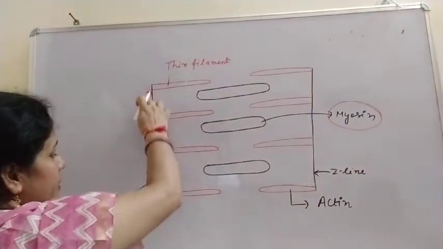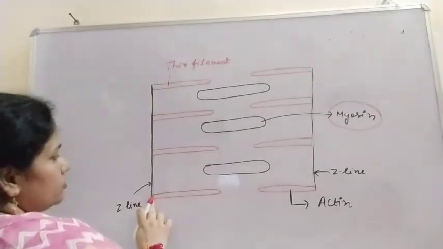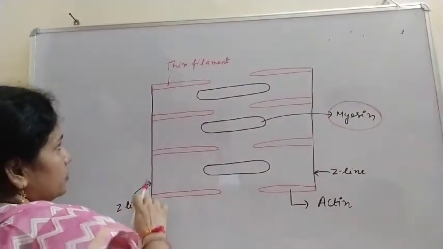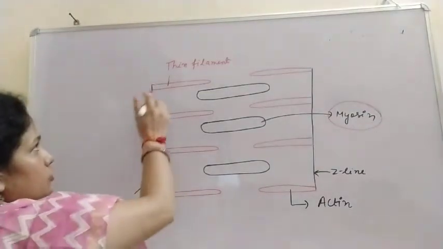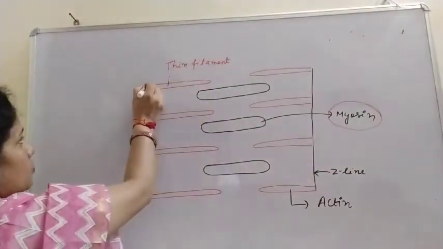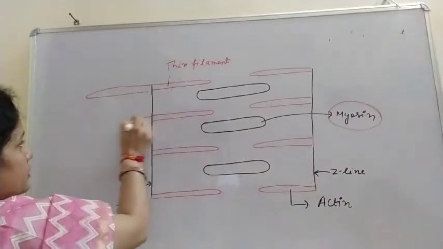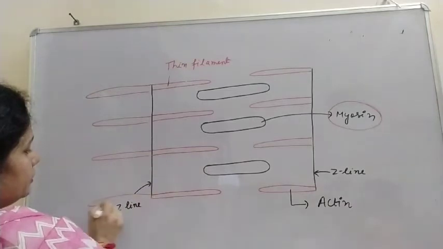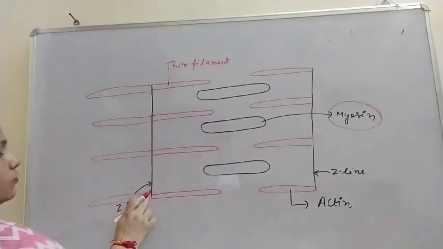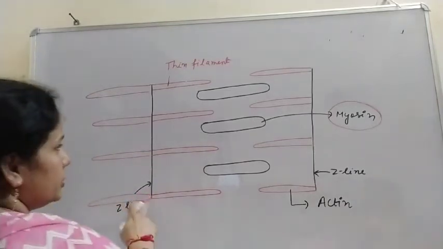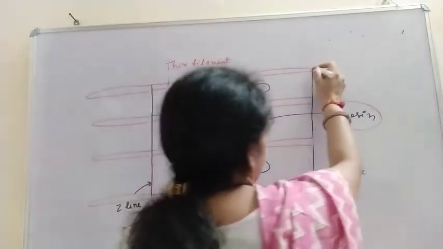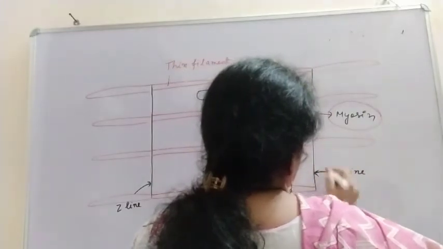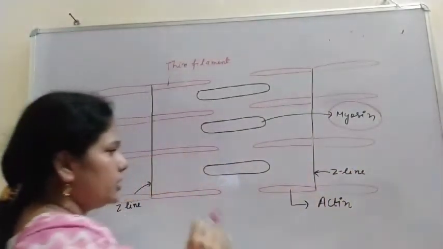Here one line is present, that line is known as the Z line, and it bisects the thin filament. Suppose these thin filaments are also present on the other side. So these thin filaments are bisected by one line, and that line is the Z line. On the other side also there is a line that bisects these thin filaments, known as the Z line,